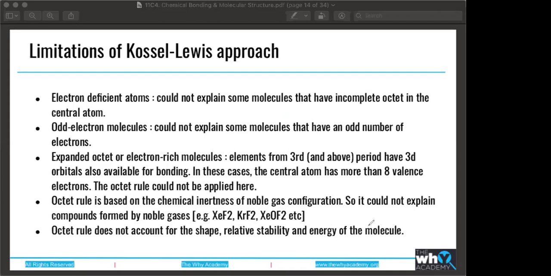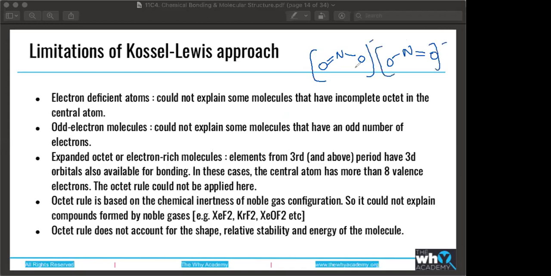of the molecule. So it just gives you the structure, how many electrons are being shared between two atoms, but it's not telling you any quantifiable data, like what the exact energy of this particular structure is, and if there are two possible structures, then which one is more stable. Like in the case of nitrate, we had seen that this is also possible, and a double bond with the other oxygen is also possible. So is there one preferred more than the other?